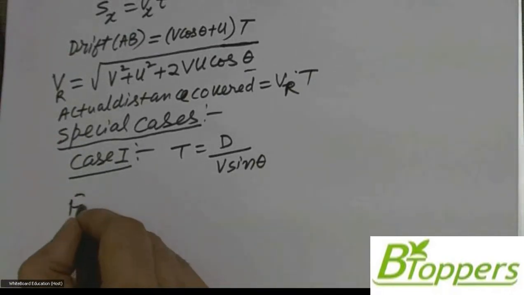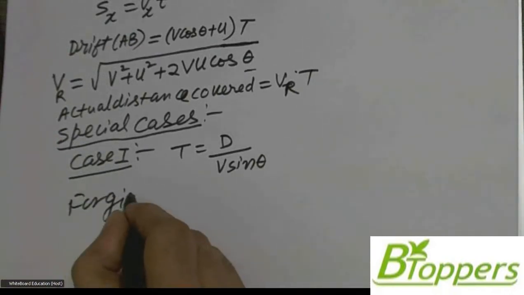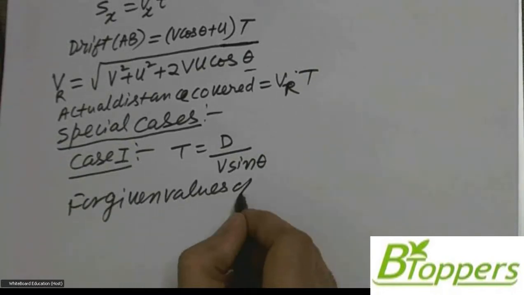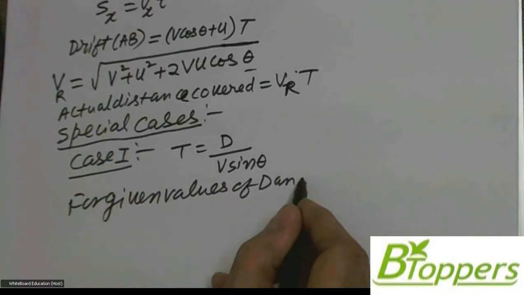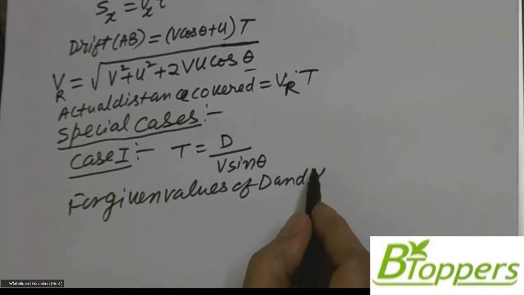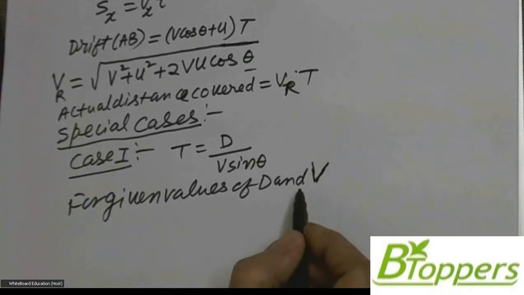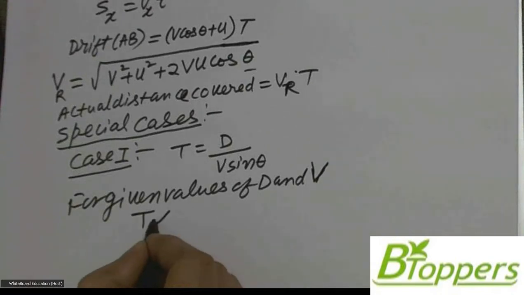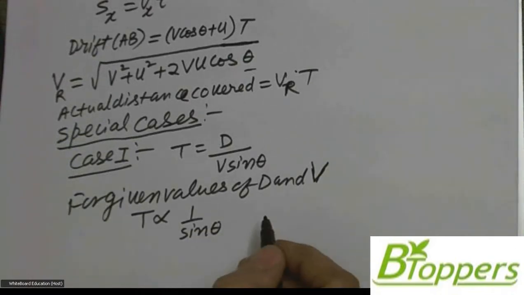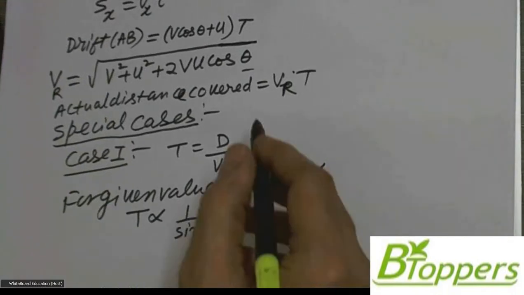So for given values of d and v, that means when the width of the river is a constant at a given place, the value of v is also fixed for a given boat. So the time taken to cross the river is proportional to 1 by sin theta. Therefore, the time taken to cross the river